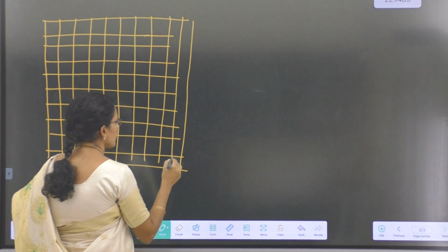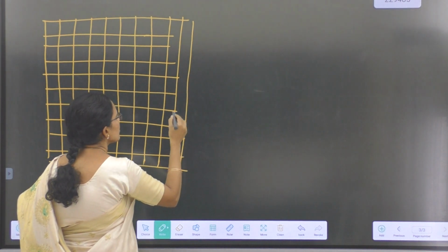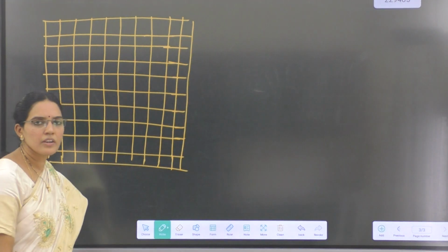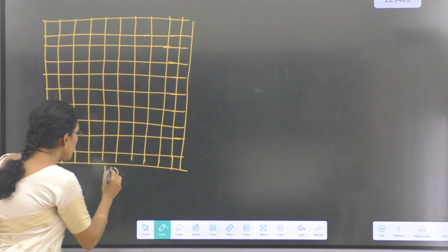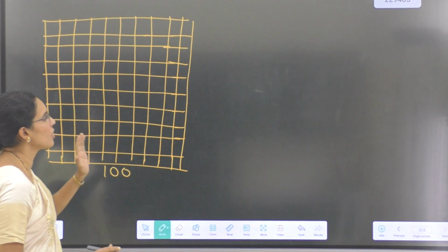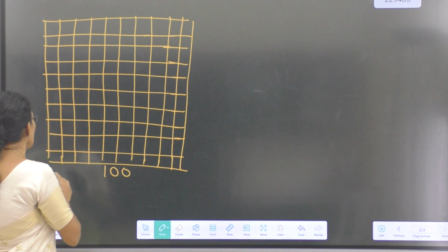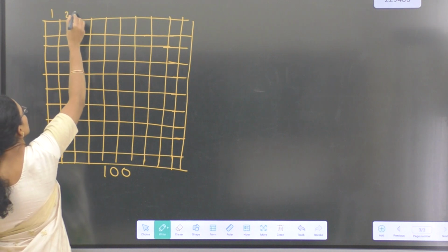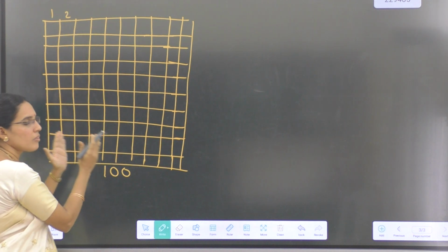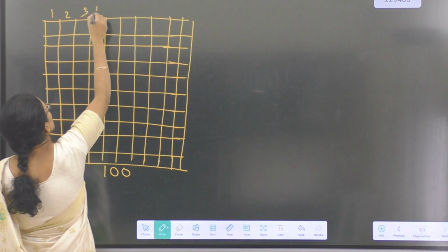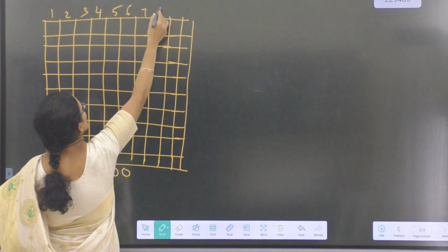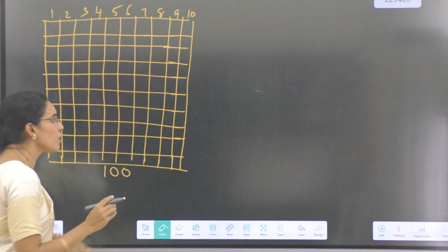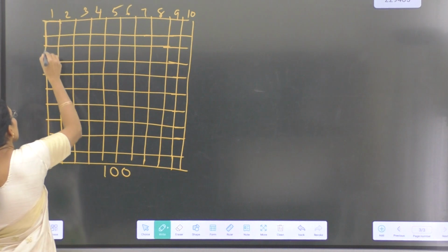Imagine that these are all 100 chocolate bars, all having equal size. Now I am dividing these 100 chocolate bars into 10 equal parts. This is one equal part, this is the second one, so in each part we get 10. If I consider one equal part out of these 10 parts, that is this one.